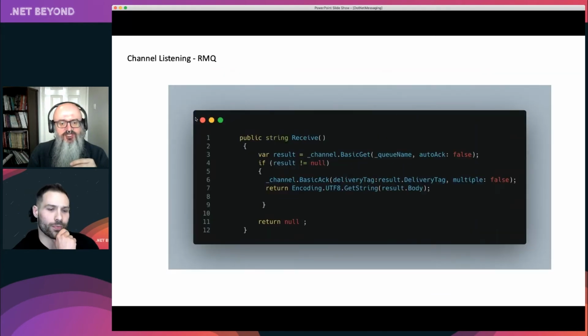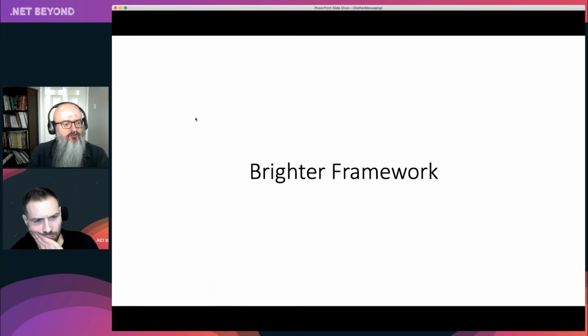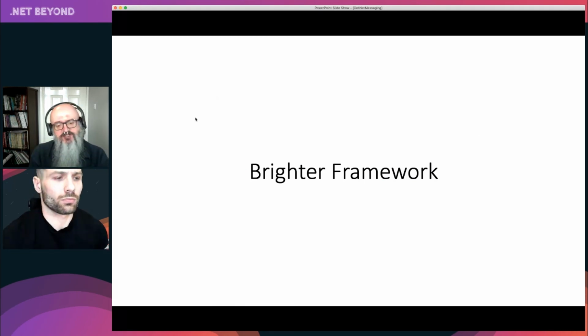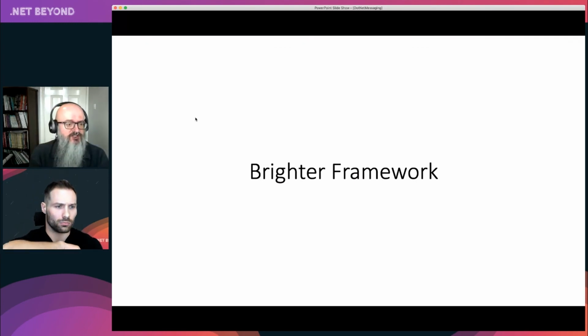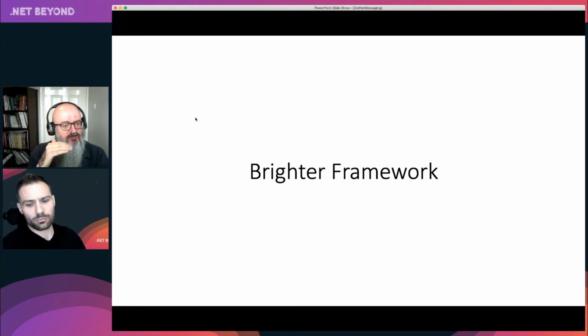All right. But the key thing that you care about is, you want to write this handler. That's where your domain code goes for this message. So the advantage of using frameworks, now Brighter is just one example, it's one I happen to work on, but there's also things like MassTransit in the .NET space, NServiceBus, Rebus, there's quite a few out there. We take away all that work of writing message queues, of writing effectively your messaging gateway, plug into a channel, and just say what you really want to write is that handler code, the domain code.